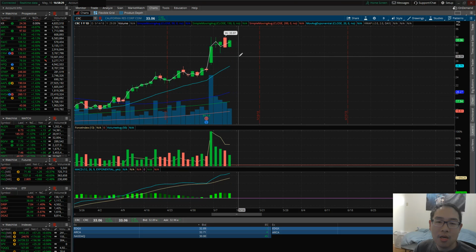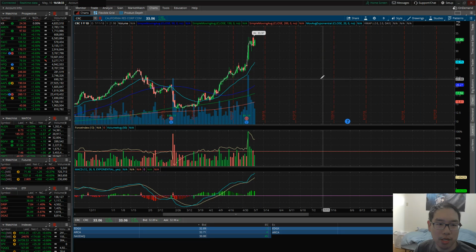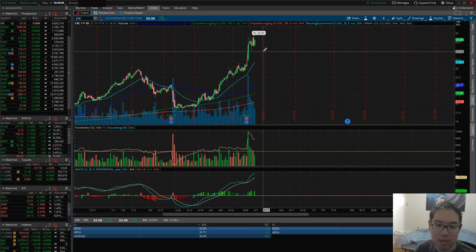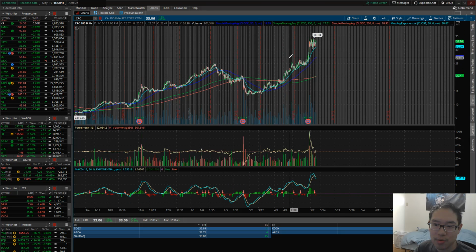So what are we waiting for with this one? If this one is still bullish, right? CRC, we're waiting for it to come down to the 20 EMA or do some sideways consolidation until the 20 EMA starts catching up a little closer. Then we can have a potential to buy in and know where our stop loss is. Right now, it's just too risky to invest